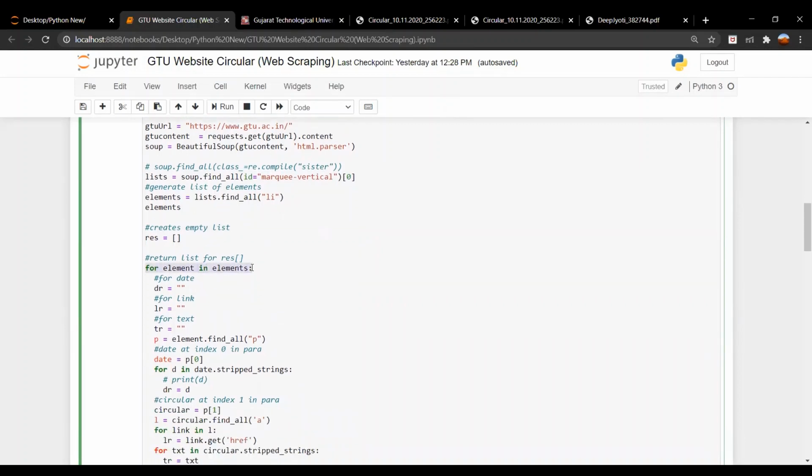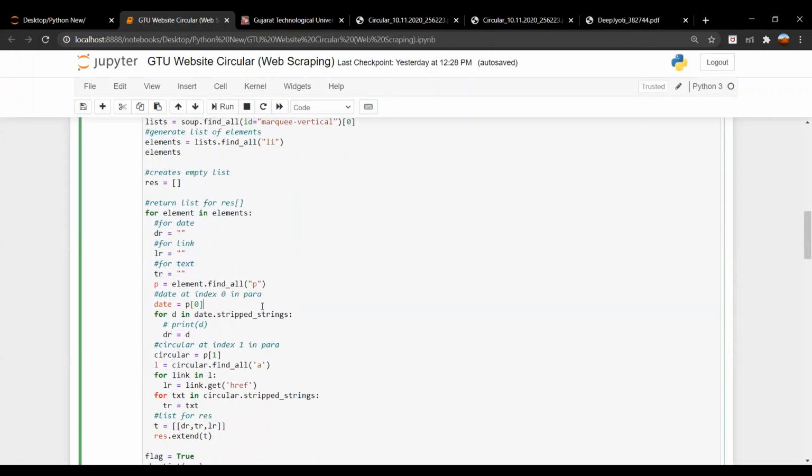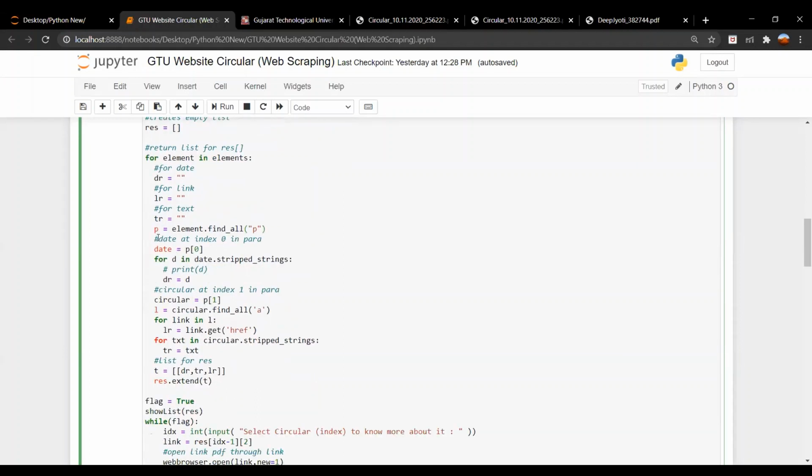So for element in elements, we have used a for loop over here that will check all the elements one by one. For date, we have used this. For link, we have used this. And for the text, we have used this. Now, considering the paragraph, we are finding it with the help of this one line of code.